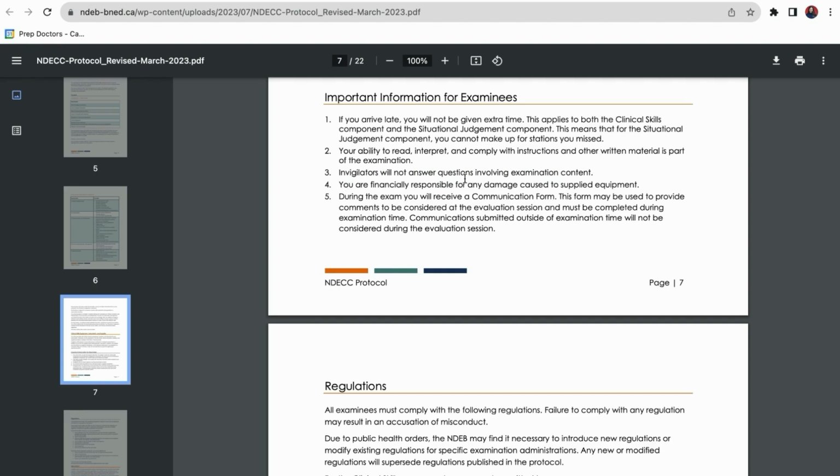You're responsible for any damage caused to the equipment. In the exam, you'll receive a communication form. And this form, you have to fill it if you have anything that you want to tell the evaluators of your exam. Make sure you fill that out during their exam session, and that will be taken into consideration in